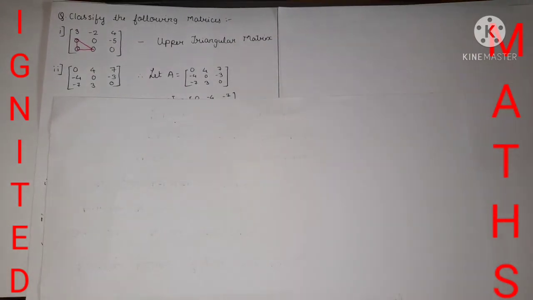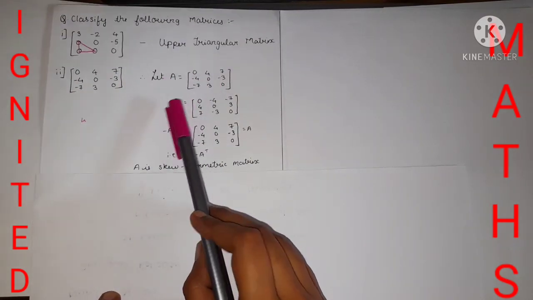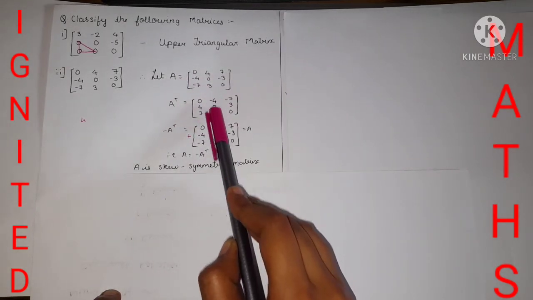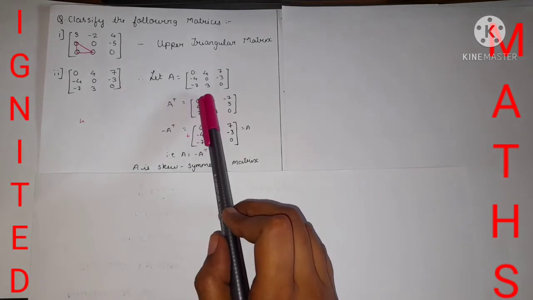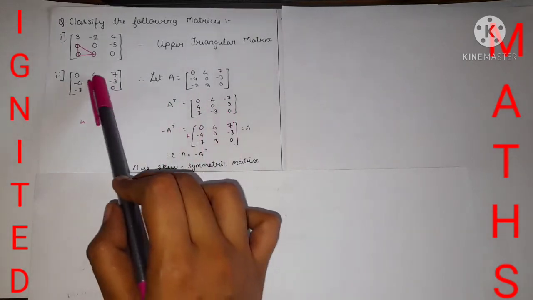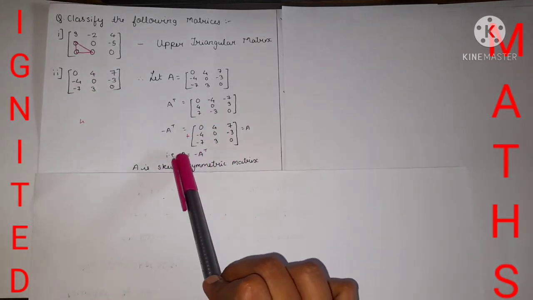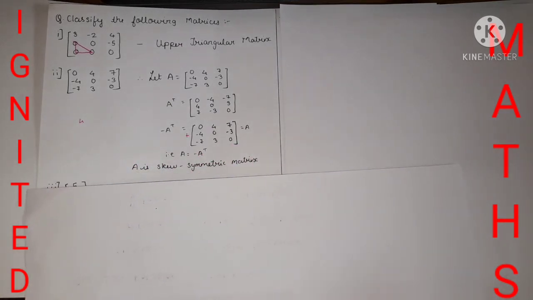Now, using the type of matrix, we can use another type. After watching it, I got the A matrix as this one, and after transposing it, where the first row becomes my first column, the second row becomes my second column, and the third row becomes my third column, and removing the minus term, I got the A term, as you can see over here. If A is equal to minus of A transpose, then it is called a skew symmetric matrix.